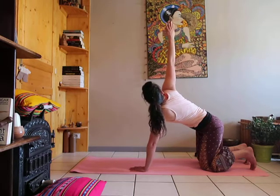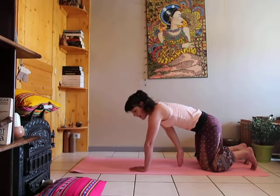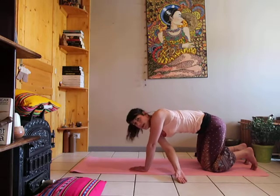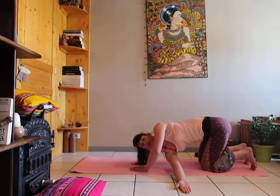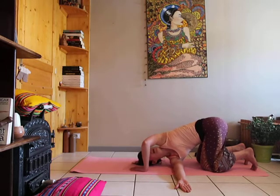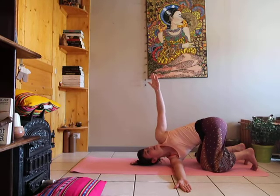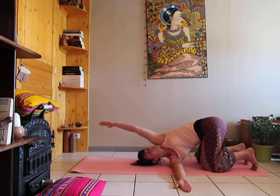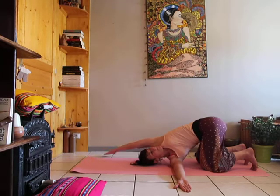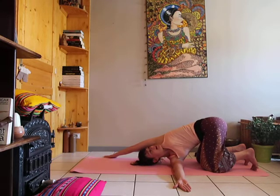2, and 1. Exhale, right hand down, and go under your left shoulder, and you move your hand completely on the side, and try to bring your shoulder down, and look up. With your left hand go all the way up towards the ceiling and slowly forward. Extend your spine, your hips go backward and look up for 3, 2,